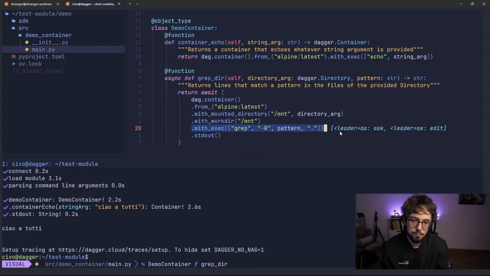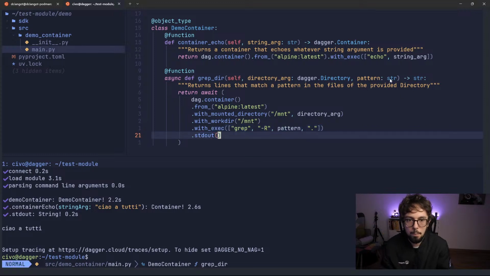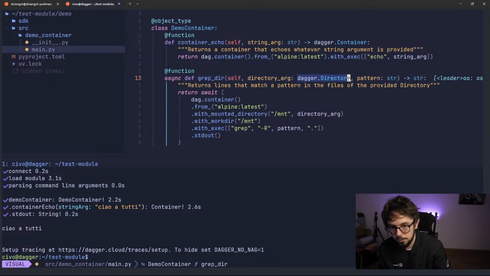Okay, so pattern is a string. Directory, you can see here the power of the types. You have a native type that is directory, so here the engine will check that the argument that you pass is actually a directory. If it's not an existing directory, it will throw an error. Okay,